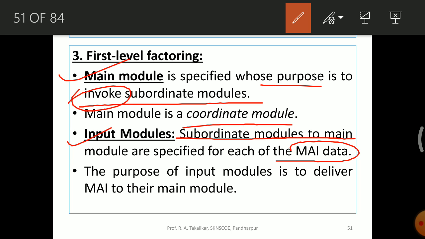The purpose of input module is to deliver the MAI to main module. Very simple. The main module is interested in the most abstract input, and this MAI will be taken through the input modules. So the input module's task is to hand over the MAI to the main module.